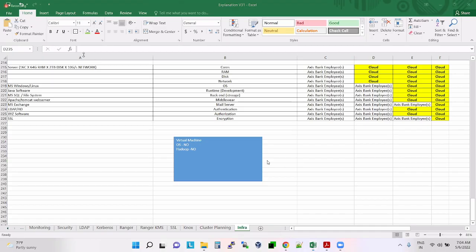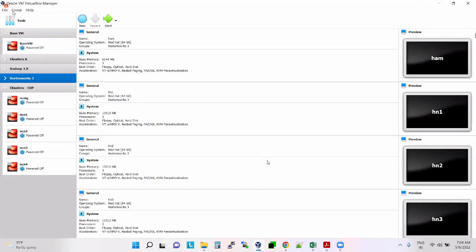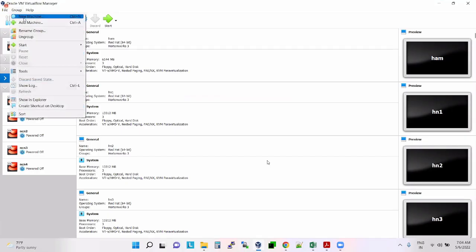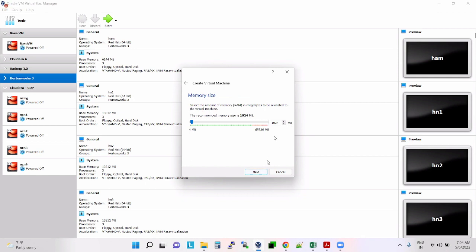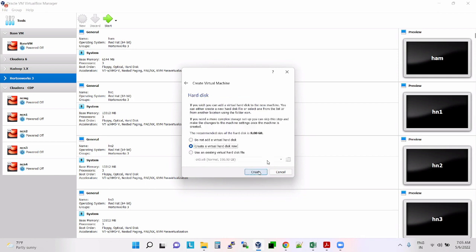So this is the IaaS model. Here, a new virtual machine, I will name it XYZ. I'll set Windows or Linux, Red Hat Linux. Next. This is 2048 MB. Next.